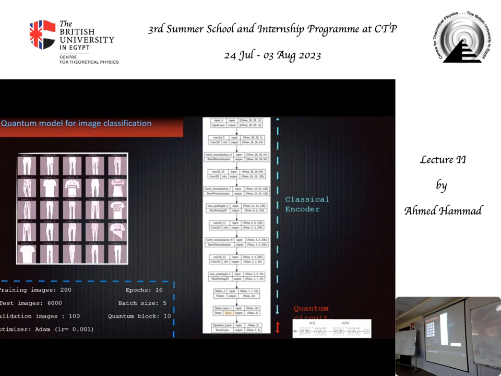As you can see, this is part of the code. I'm going to show you how these kinds of things work. But the most important thing is that this is the quantum layer that we have. I'm not sure if this is clear or not, but you can see here we start with 28 times 28 times 1. So this is the dimension of the image, right? The 28 times 28 times 1, the depth of the image, because this is a gray image. And as we do convolution operations, you can see the dimension of the image keeps reducing until we end up at 6 times 6, and even less, 3